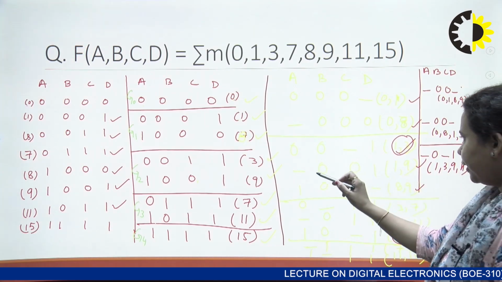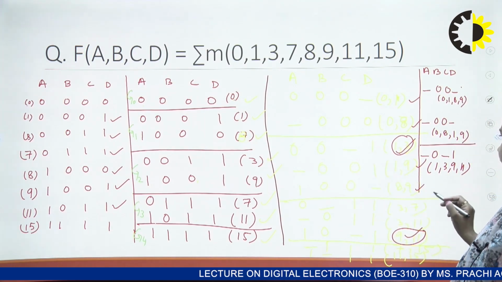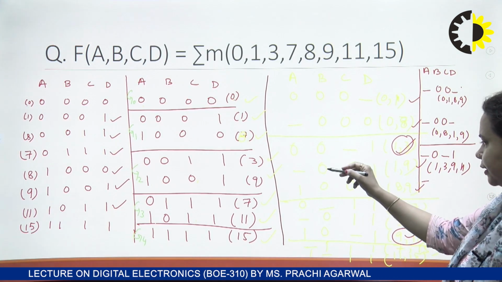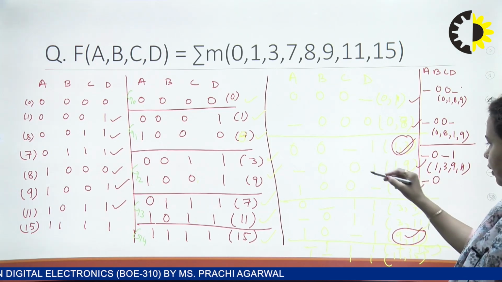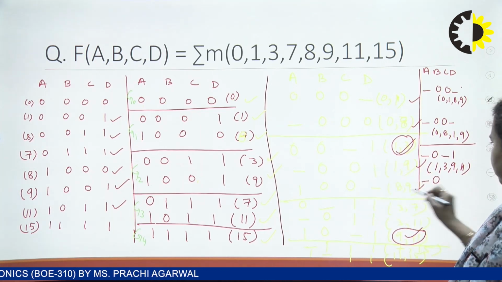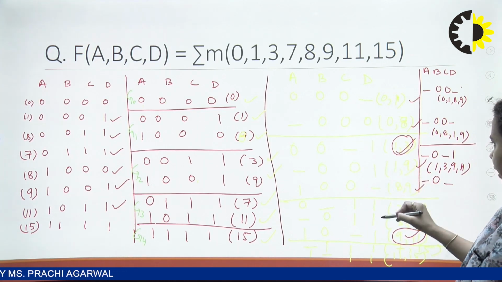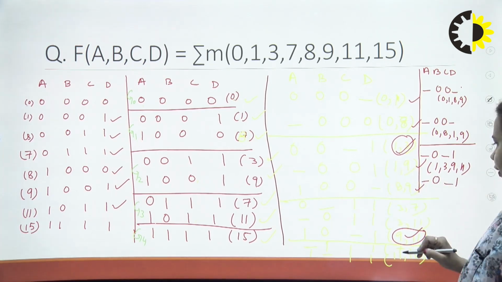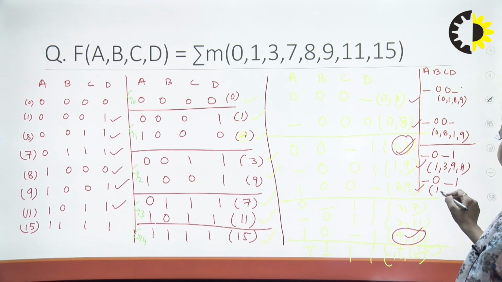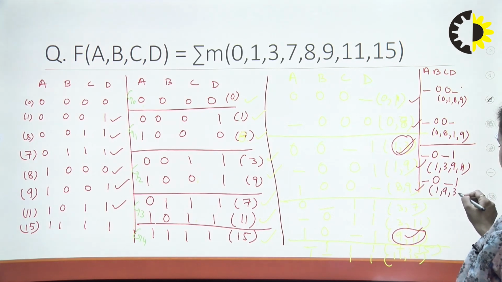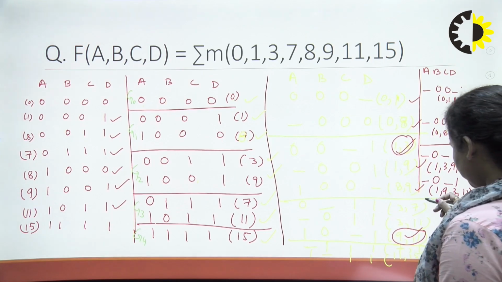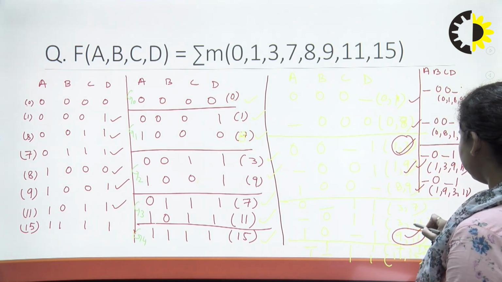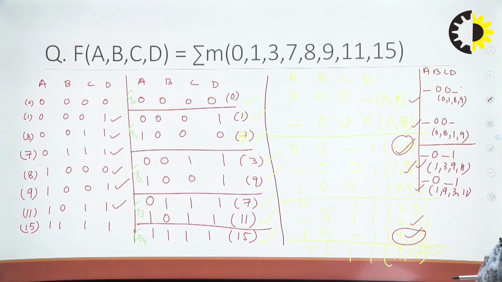I think again if you check 1, 9, 3, 11, that will also match because the dash is matching. So you put dash as it is, 0. Then if I check this, it is not matching. So that is why I have put dash, and this 1, 1 matching. So I have put 1 here, right? So write down the name 1, 9, 3, 11, right? So here put 1, 9, 3, 11, right?